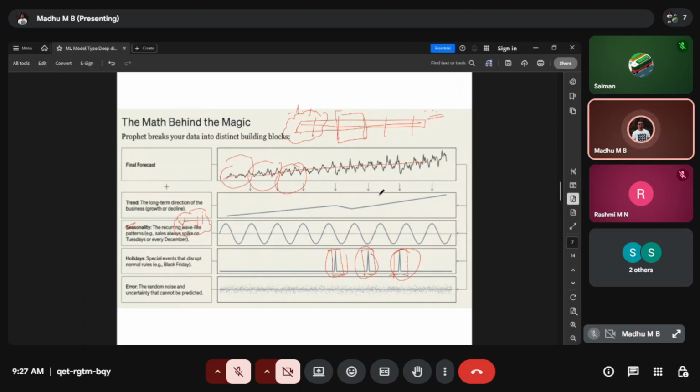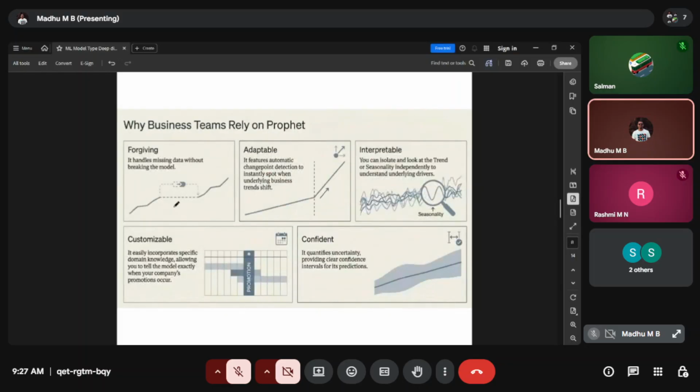It is not only the energy consumption, but also the utilization of other resources, how it will be in the coming future. And it is not only the forecast; we can do the same thing with the historical data also. We can see what the demand was at a specific time. So this is one of the good parts about the Prophet ML model.